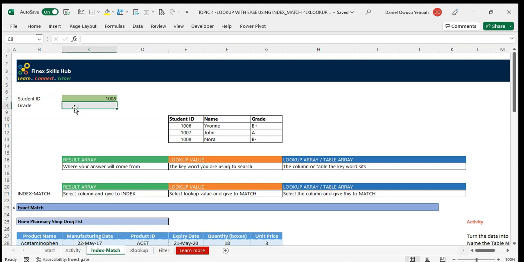And I'm going to use one lookup function called index and match to determine the grade of the student from my database. Now these are the arguments for index and match. You first need to provide the result array. So select the column, which is a result array, and give it to index. Then you start with the match function. You first provide your lookup value, which is your key, which is this. And then you select the column that contains your list of lookup values, which is your lookup array, which is